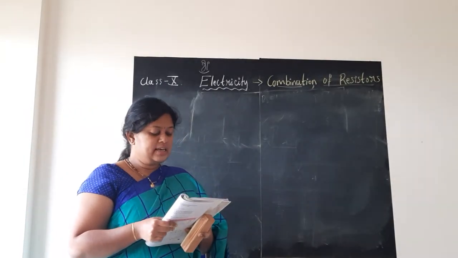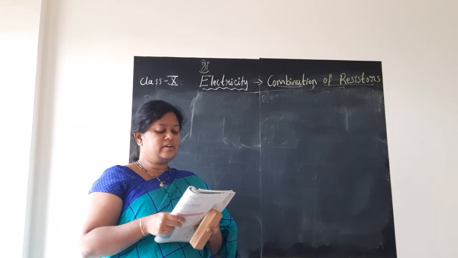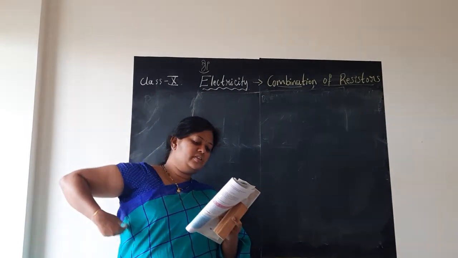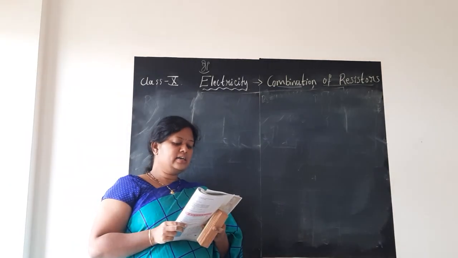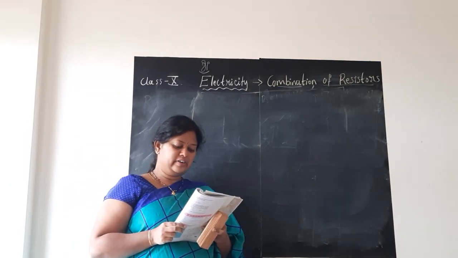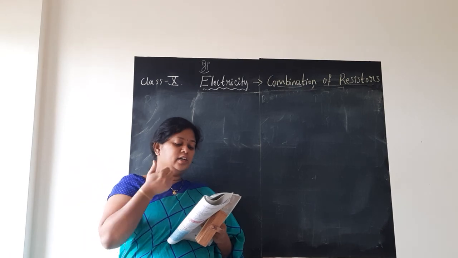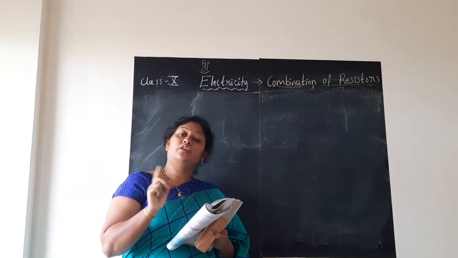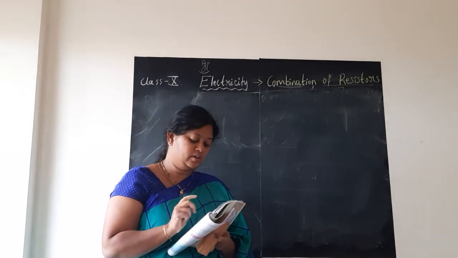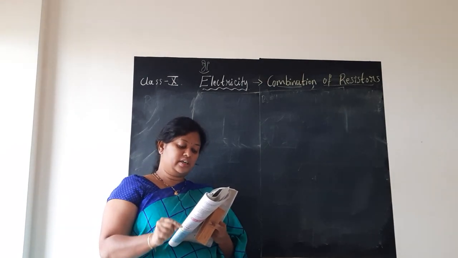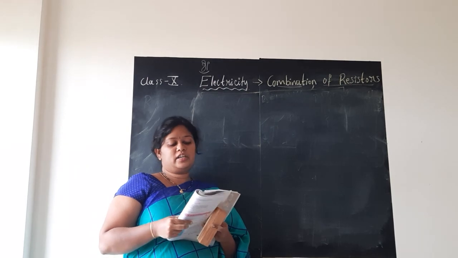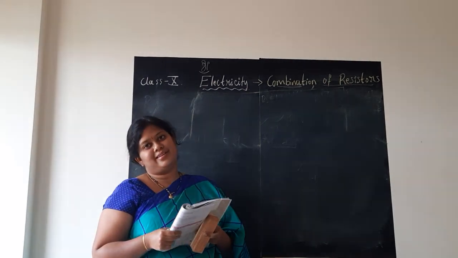The question is, an electric lamp whose resistance is 20 ohms and a conductor of 4 ohm resistance are connected to a 6 volt battery. Calculate the total resistance in the circuit. See, the total and equivalent are both the same, children. Total resistance of the circuit. B part, the current through the circuit, and the potential difference across the lamp and the conductor.